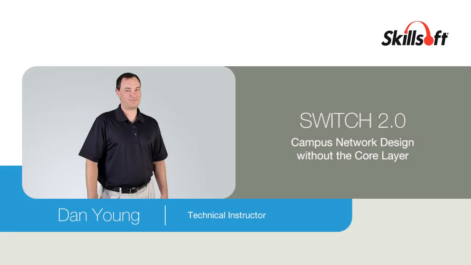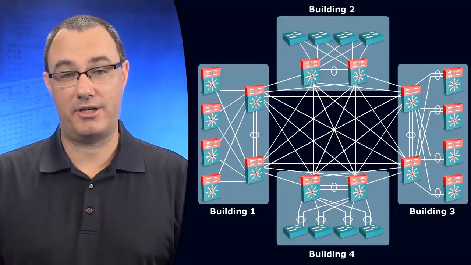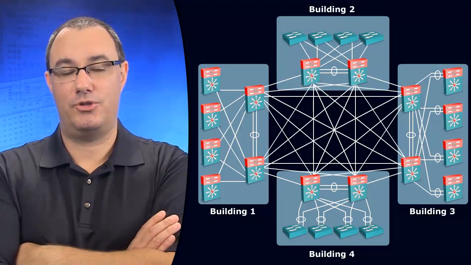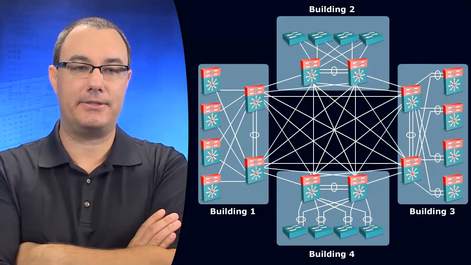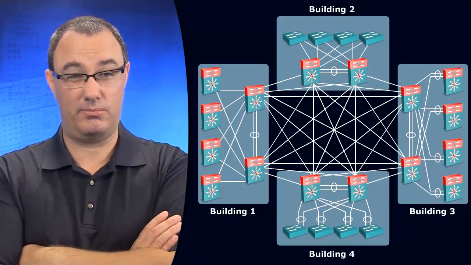Let's see why we may want a core layer. Do we have one in this topology? Yes or no? Do we have a core layer in this topology? Well, it doesn't say anything, right? So